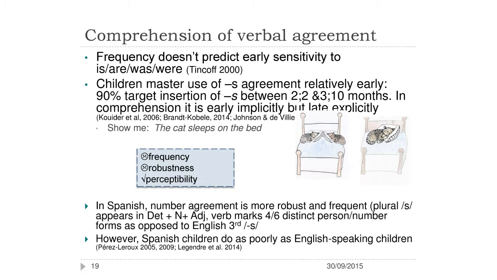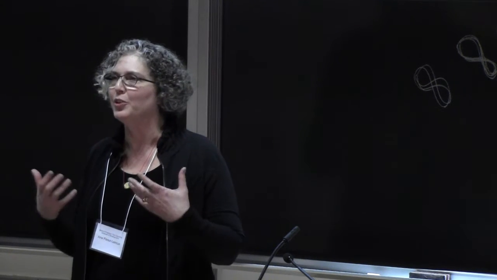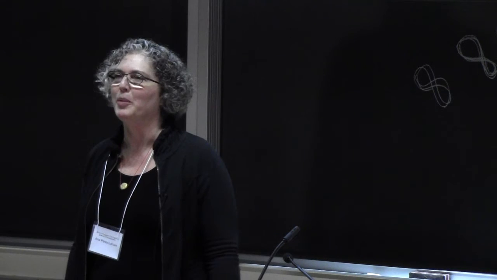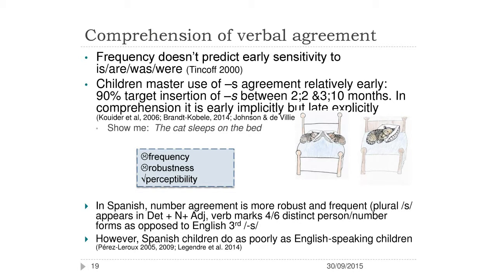So Jill said to me, oh, what do you think about Spanish? And I thought, oh, well, Spanish. You know, we have this really big verbal morphology. 4 out of 6 persons in the paradigm are marked overtly. It's so robust, and I've never heard a kid make a mistake. So I said to Jill, no, I'm sure the Spanish kids will test this. So she said, oh, why don't you try it? So my next trip back home in the Dominican Republic, I gave the test to the kids, and they were oblivious, and they looked at me with desperation. Which one do you mean? And I was, all right, that's a mystery. So the production timeline dissociates from the comprehension timeline.